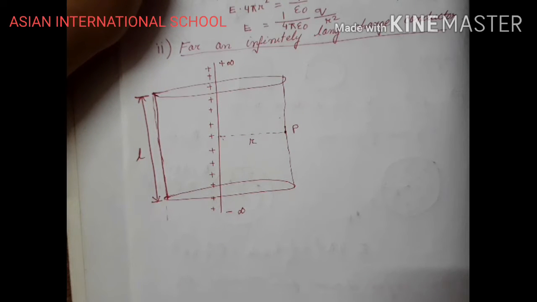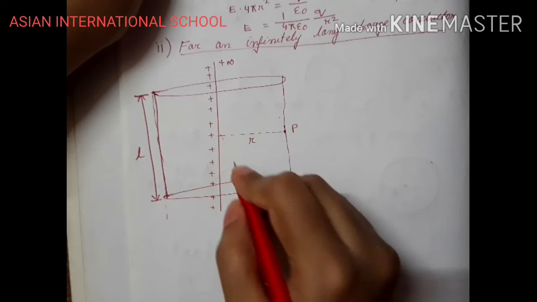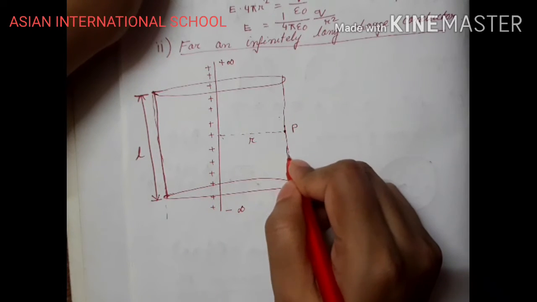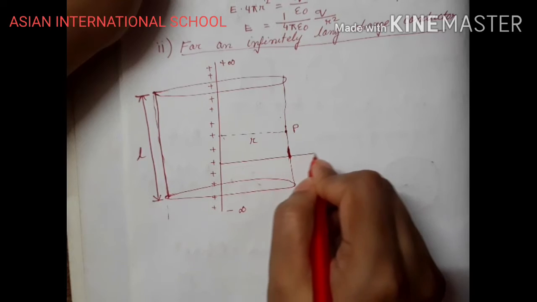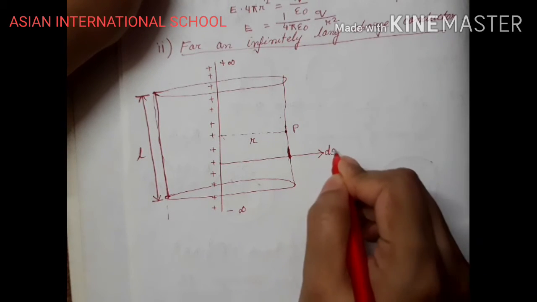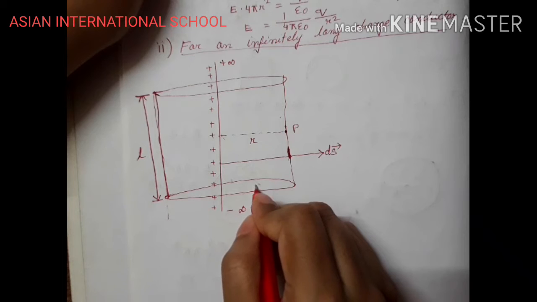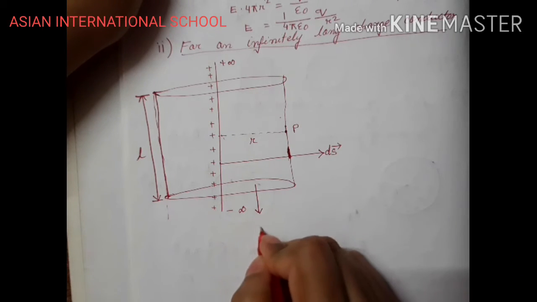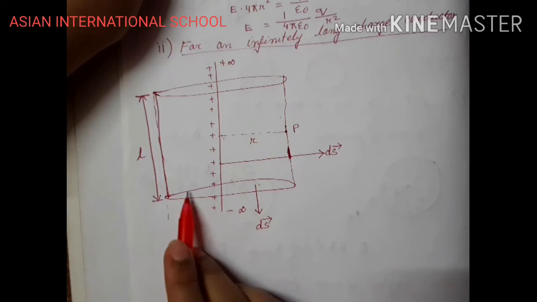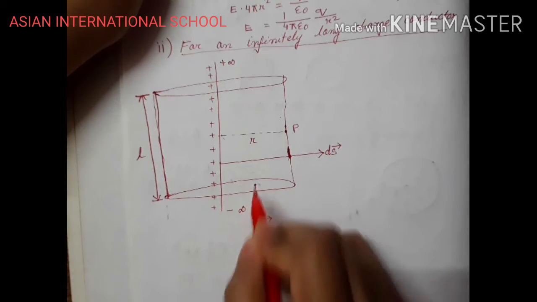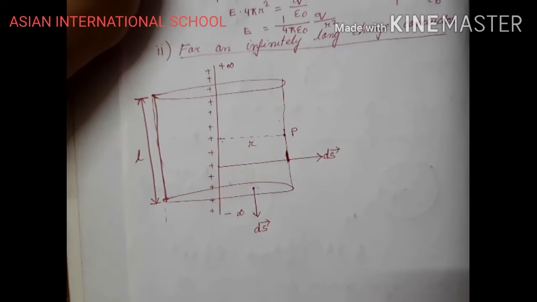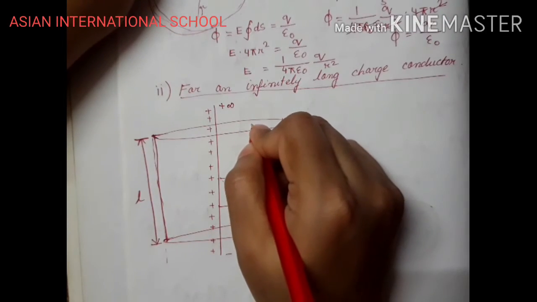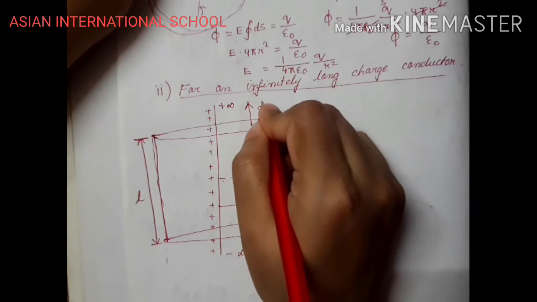Okay, so the directions of the area vector are different. If I consider an elementary portion dS, for this particular elementary portion, this will be the direction of the dS vector. For this portion, this will be the direction of the dS vector. Wherever I take the elementary portion, the outward normal to the surface gives you the direction of the area vector. Similarly, here also you will get the direction of your area vector dS.